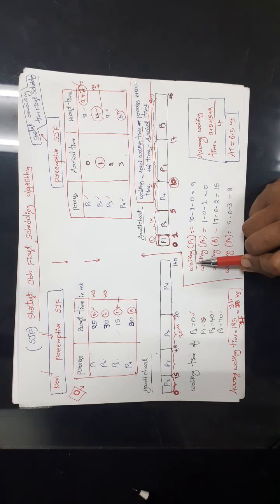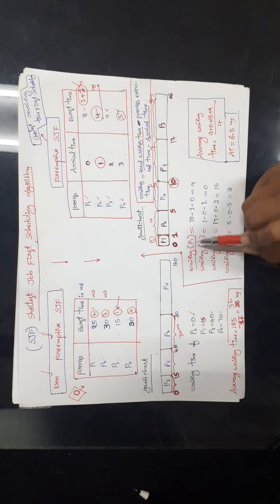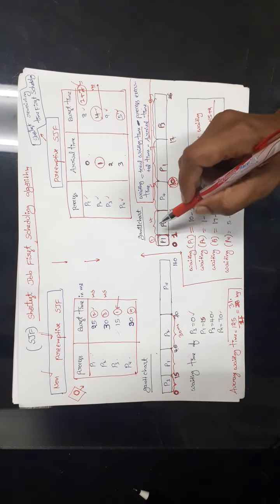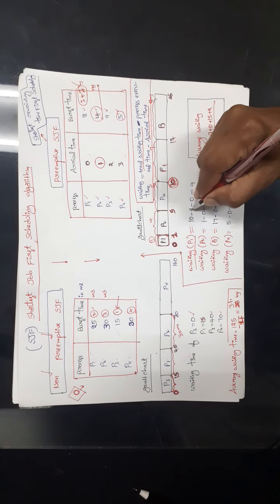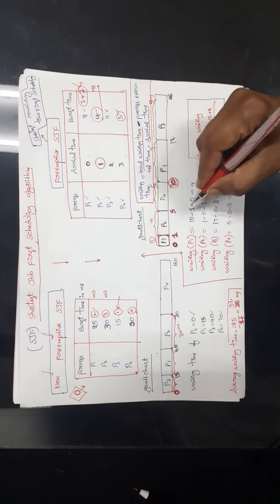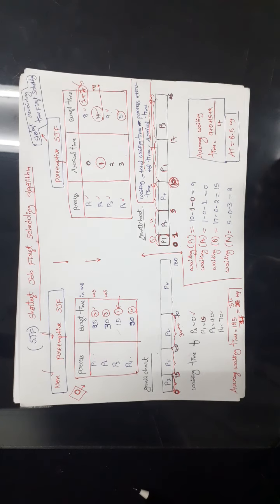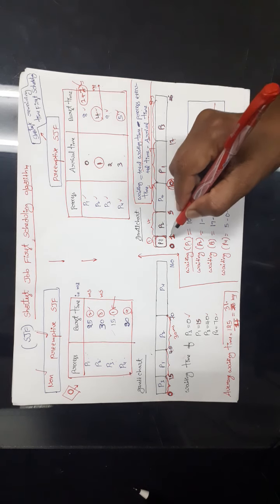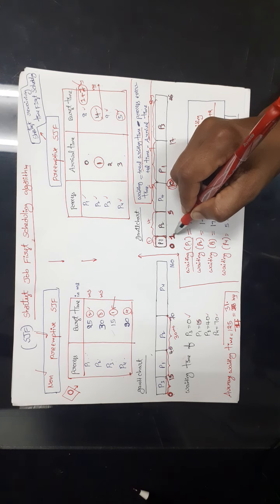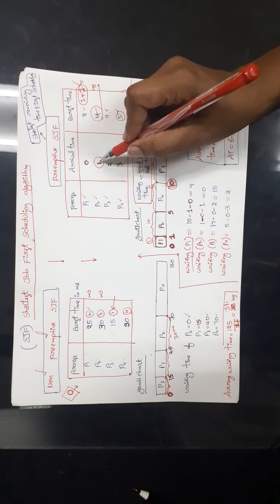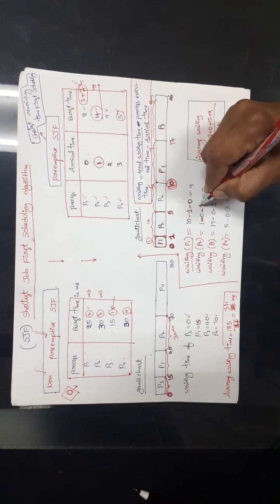Here I am giving the waiting time of P1. So what is the waiting time? 10 minus how much time it has been executed? 1 millisecond, so I have written minus 1. What is the arrival time? 0, so minus 0. Value is 9. Again, waiting time of P2. It looks like 1, but we need to subtract the arrival time. What is the arrival time? 1. So we need to subtract 1.